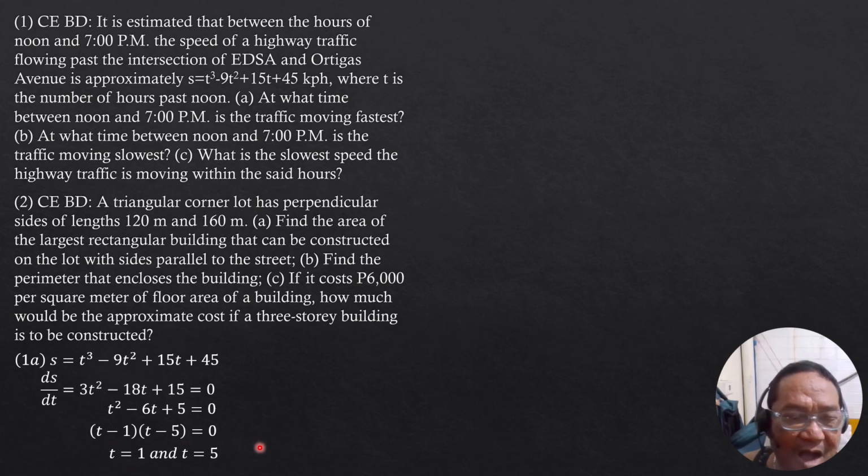Now, how do we know if at t is 1 or at t is 5, the speed is maximum or minimum? So from calculus, we have the second derivative test. That is, we differentiate further s, so we have the second derivative of s, which is equal to 6t minus 18. So s double prime is 6t minus 18. When t is 1, 6 times 1 minus 18 is negative, in particular negative 12. So that means that